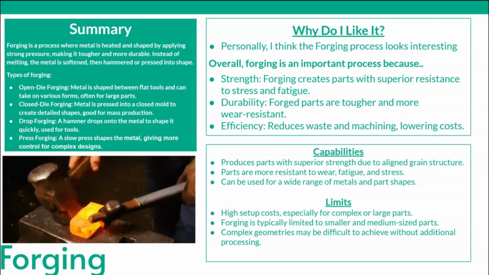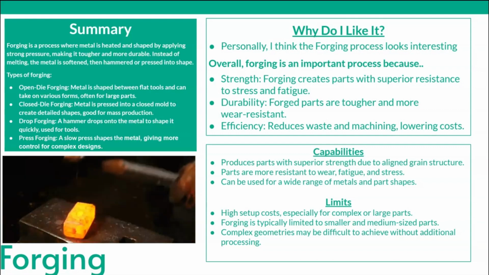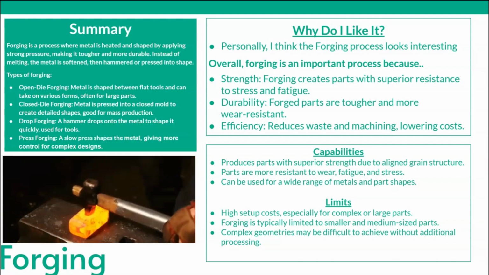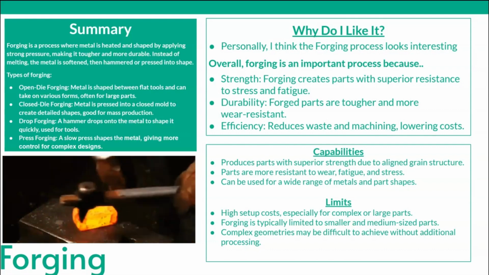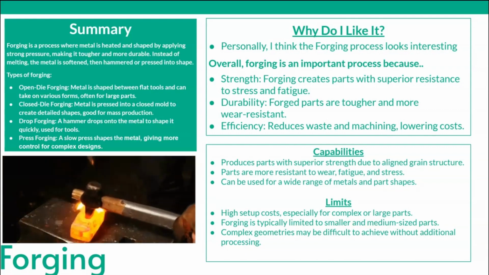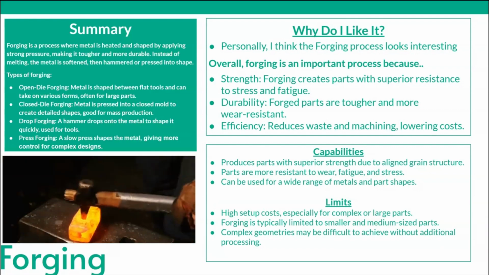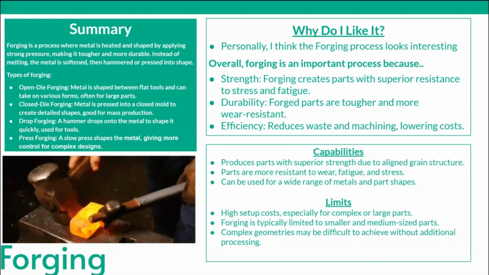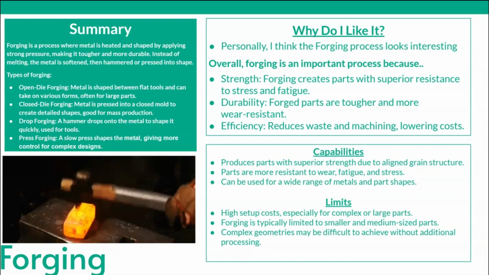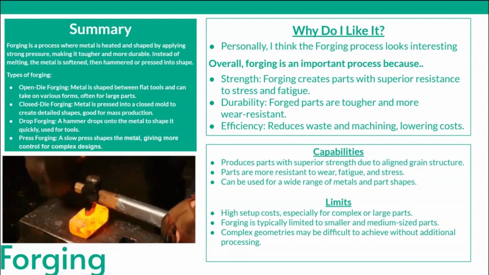So the capabilities when it comes to forging, of course, like I just mentioned, parts are produced with superior strength due to aligned grain structure. Parts are also more resistant to wear, fatigue, stress, and it can be used for a wide range of metals and part shapes. Some limits: it could be a tad bit more expensive to set up such